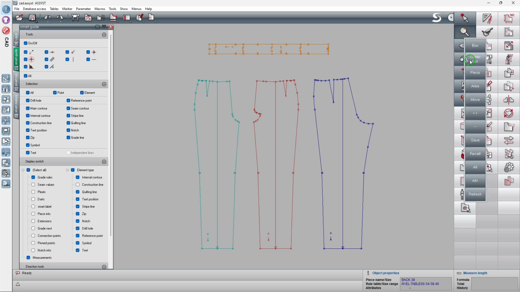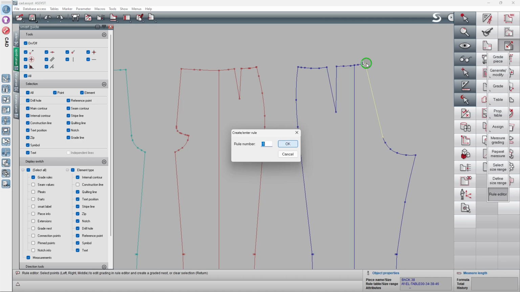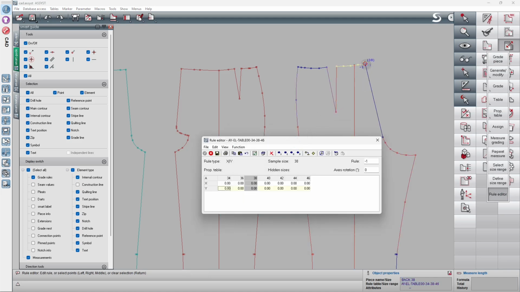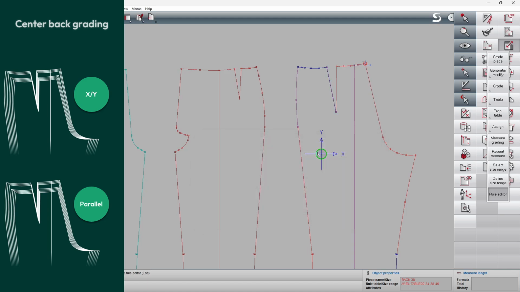So let us start grading the back trousers. Select the Wool Editor function and click on the center back where we want to start. Confirm the local wool. The active data point is marked with a red circle. To grade the center back, we have a choice. X and Y grading is common, but the fit suffers. Parallel grading is our choice and easy to implement with the rotary axis. Start the button. SmartGuide can help us rotate the axis perpendicularly.